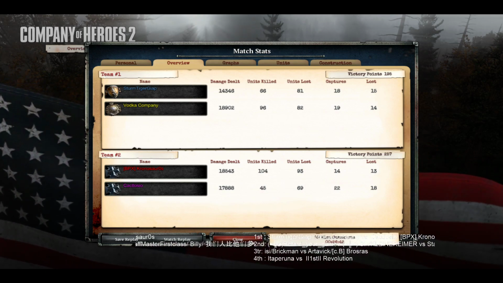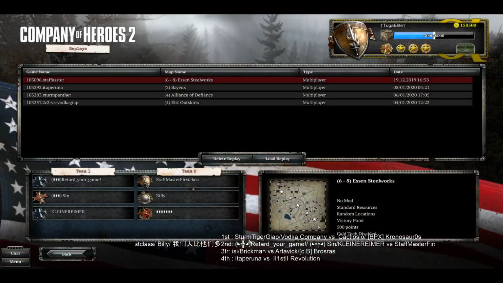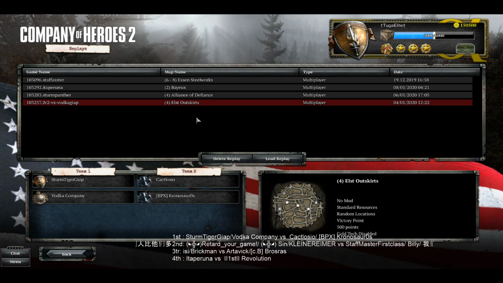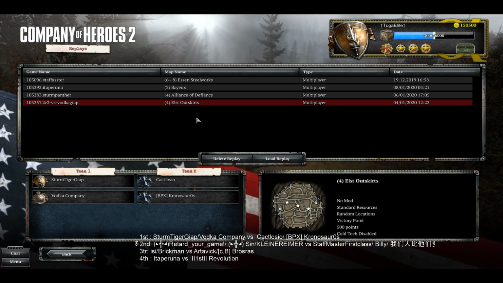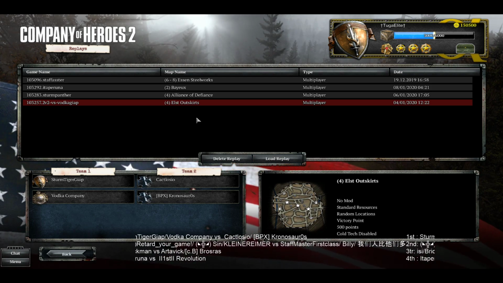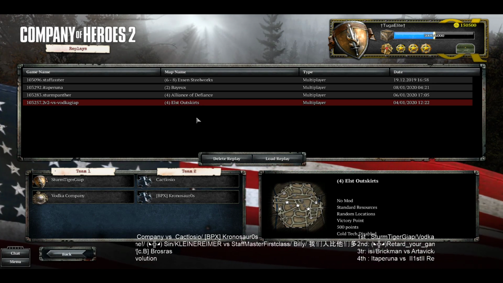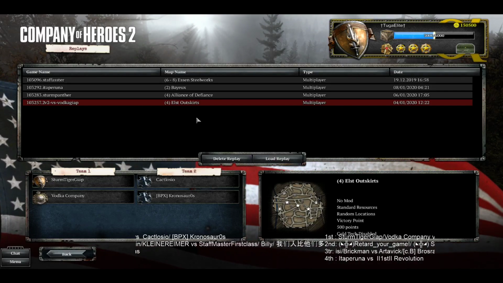Really nice game. Both teams, they took their time to build up enough troops, and it was really a proper decision. A lot of players, they do that. They want to have an army that they can feel comfortable playing. It took some time for Vodka Company. He got punished severely by the lack of infantry, but they did have a nice manpower flow. It could have been